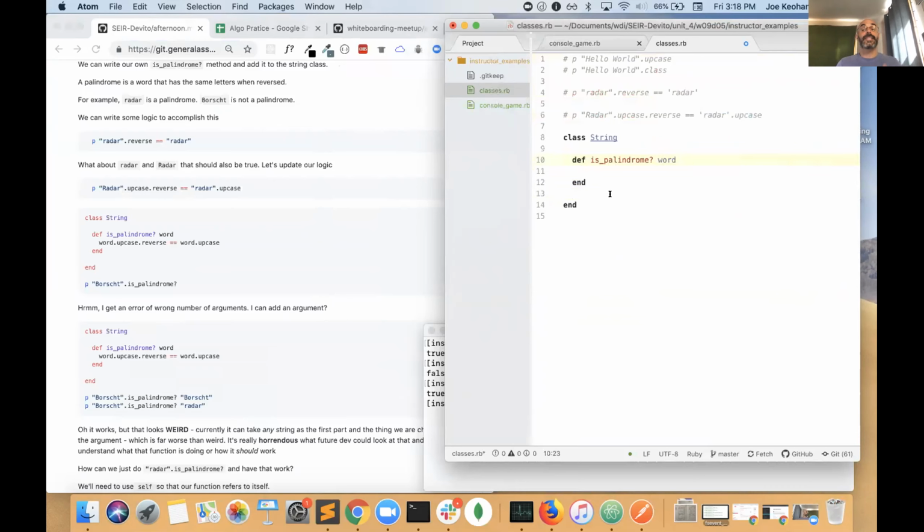And once again, since everything is an object, a function attached to an object would have been a method in JavaScript, but we write methods in Ruby anyway. So what we're saying is, this method is going to take in a parameter, word. And then we're going to do word.upcase.reverse is equal to word.upcase. Okay. So what should happen here is if we call it, if I say borscht